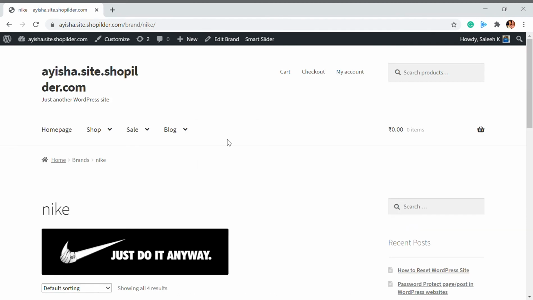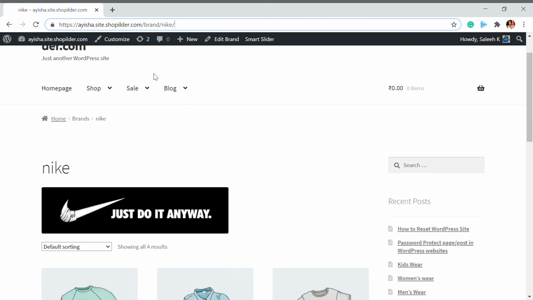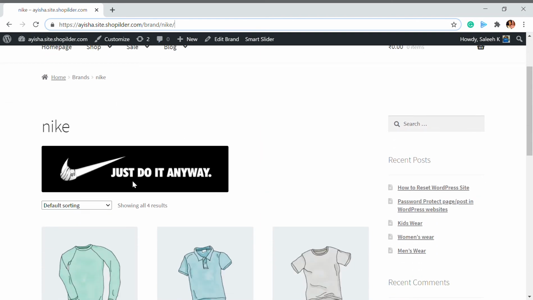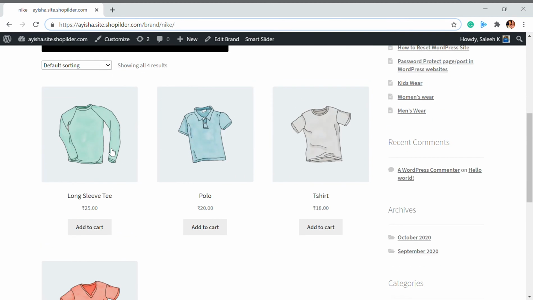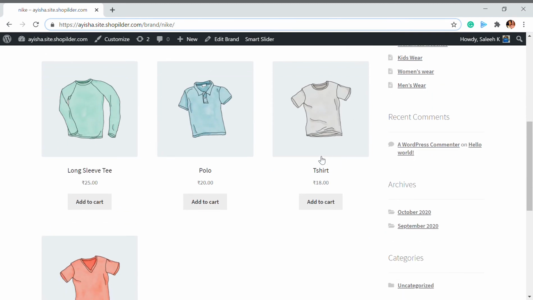So I'm going to click on this logo, and now you can see that there's a URL under this. Under this page, you will be able to see the products. There's a banner image which we have added, and under this are the products that I've added under this brand.